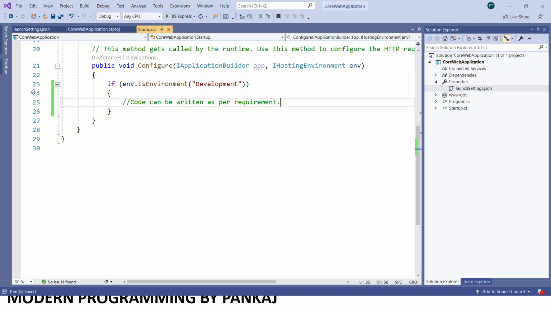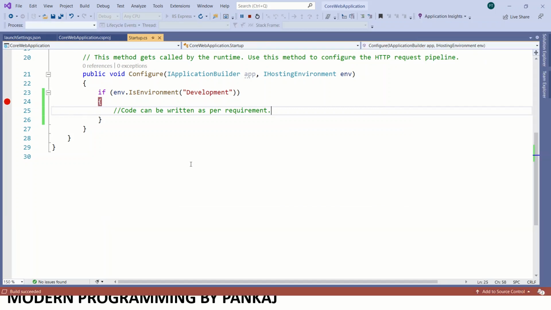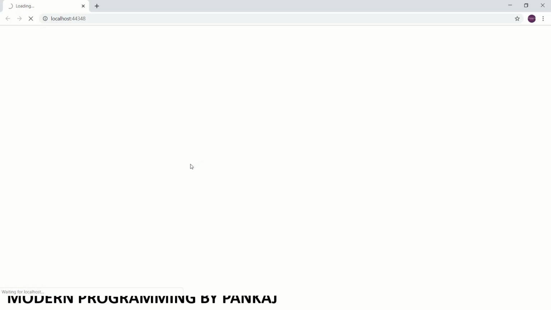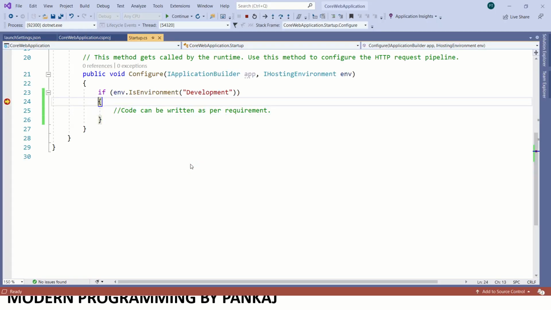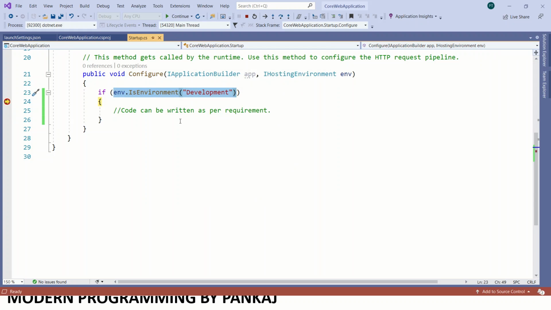Okay, so let's run the application and see whether it will come inside this or not. See, it is going inside because the value of this is true, because this is the Development environment variable which we have set.